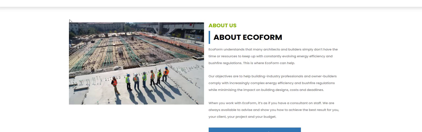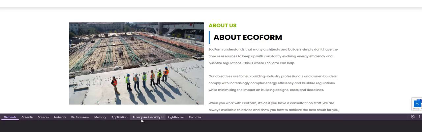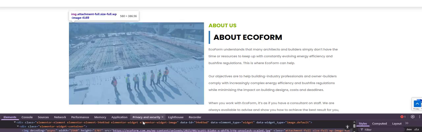Here, the display size of the image is only, as you can see, 580 by 386. If I hover over the image, you can see above the image 580 by 386.